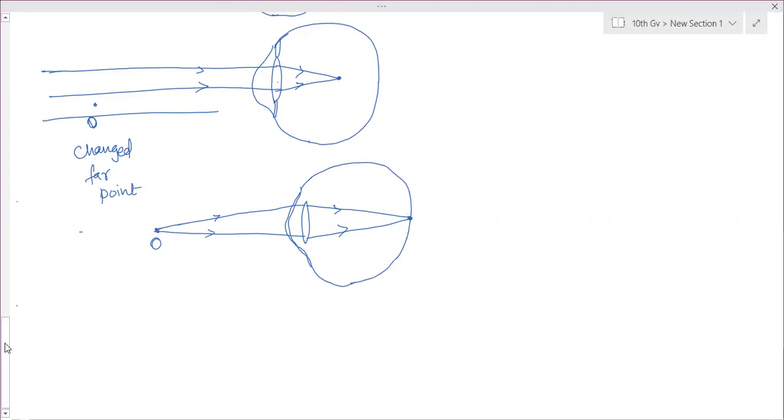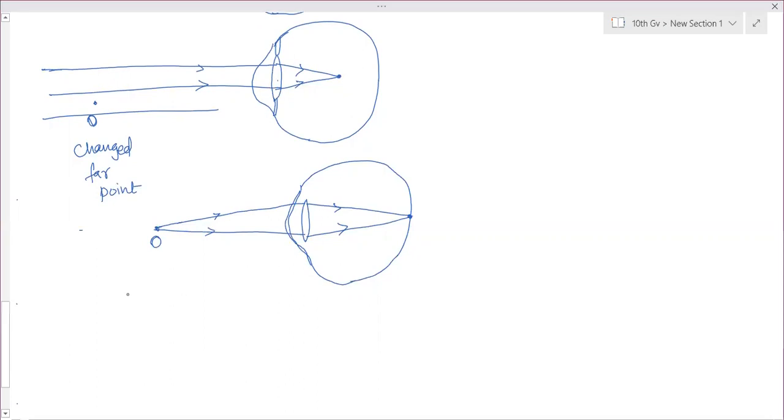But now how is this corrected? So this is the myopic eye. Both are myopic eye. This is the actual defect. This part cannot be seen, while any object at O can be seen. So this is actually infinity. The rays are coming from infinite distance beyond O. Beyond O, the image is formed between the retina and the lens, so the image is not formed properly. But when the object comes from that changed far point, the image is formed on the retina. So therefore the person can see those objects.